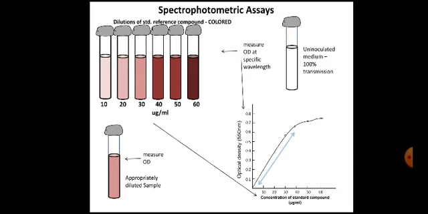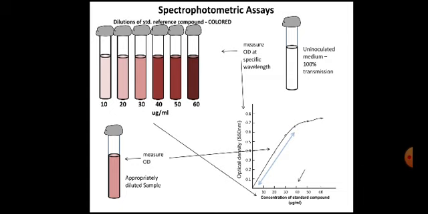So measure its optical density and plot that onto this graph. Remember that we have to make use of the linear part of the graph only, where the proportionality is seen,